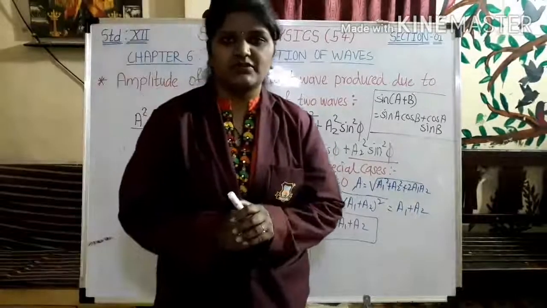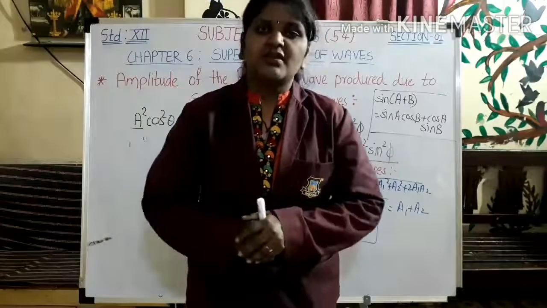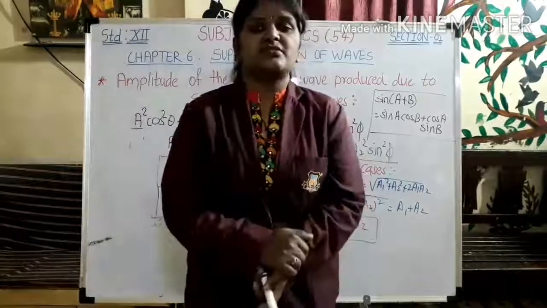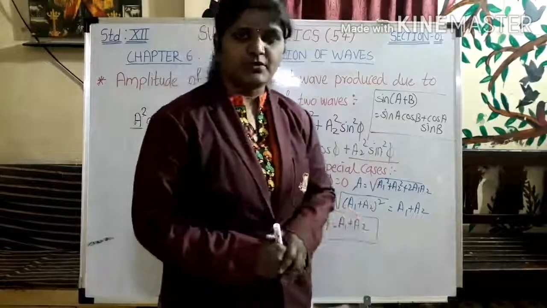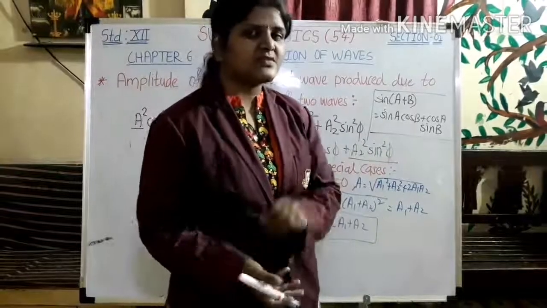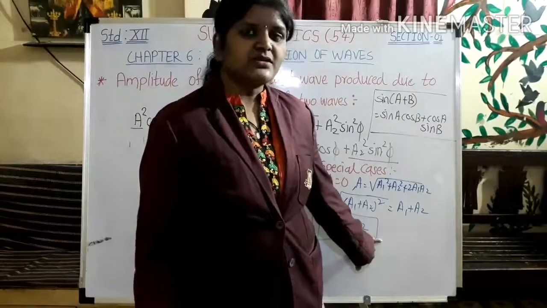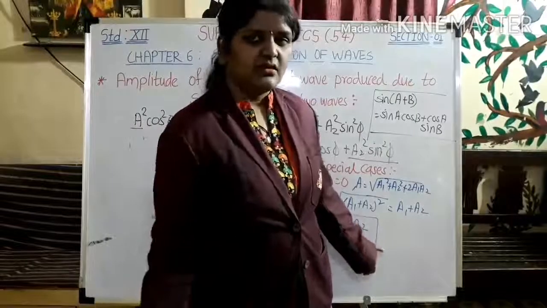So what you can say, this is the maximum amplitude. When both the waves are in phase, then their amplitude is the summation of individual amplitudes, which is a1 plus a2. If I consider amplitudes are the same, what will I get? I will get twice A over here. So resultant amplitude will be twice the previous, that is twice A, right?